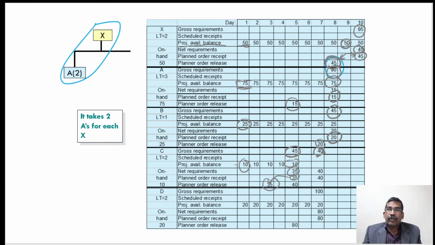And for the rest, this 40 is required. The inventory item is consumed just in the 5th day. So after the 5th day there is no inventory. So we should place the order for all the 40 items here. So you can see that the net requirement on the 7th day is 40. So we should place the order for the C item for 40 components on the 5th day. Similarly for D, there is a requirement of 100 components of D, but already in inventory 20 components are available. So we should place the order for 80 only, and the lead time is 2 days. So we should place the order on the 5th day for the D component.